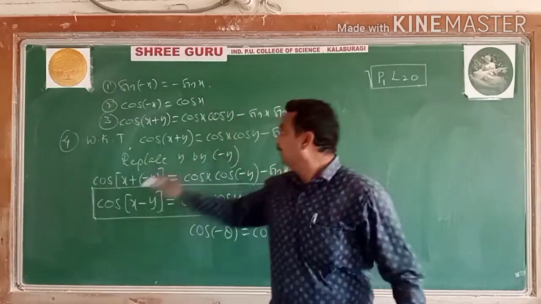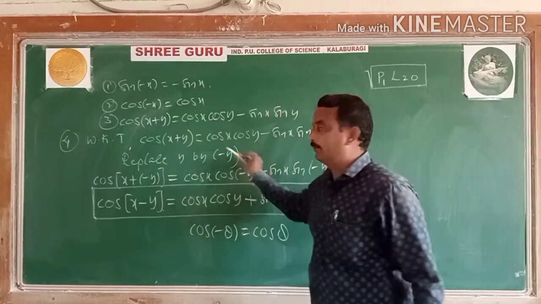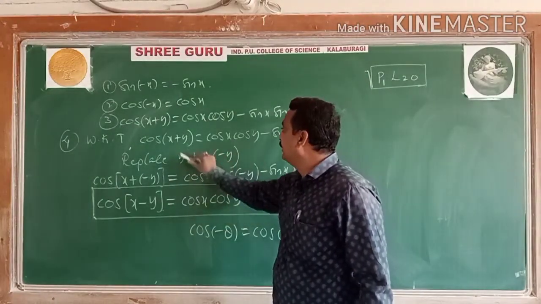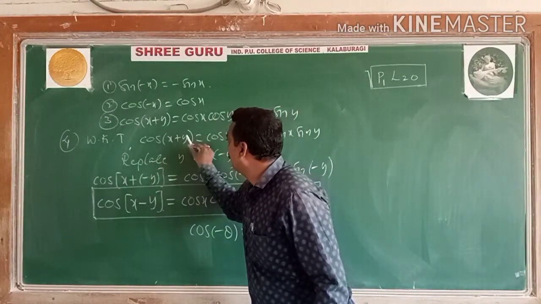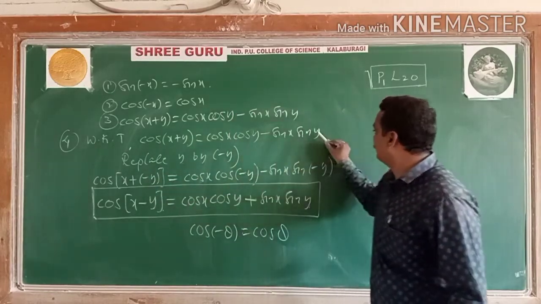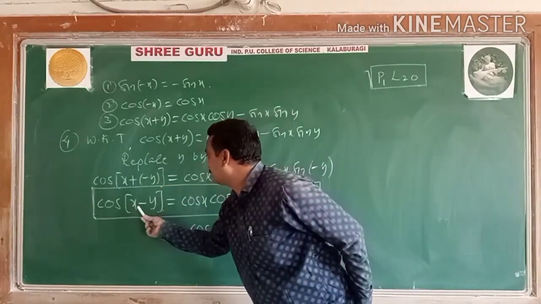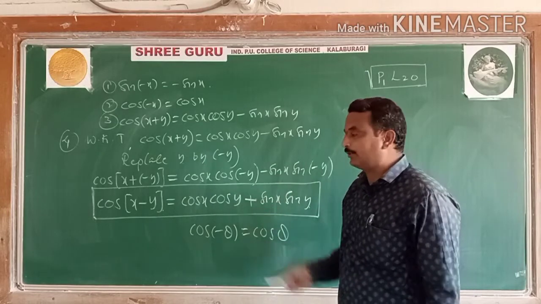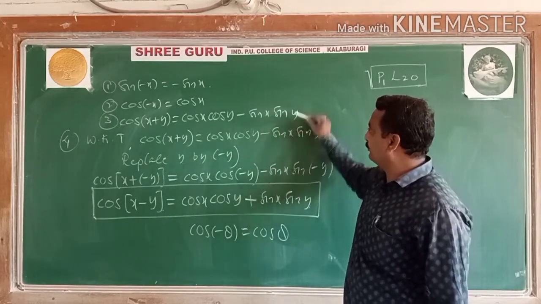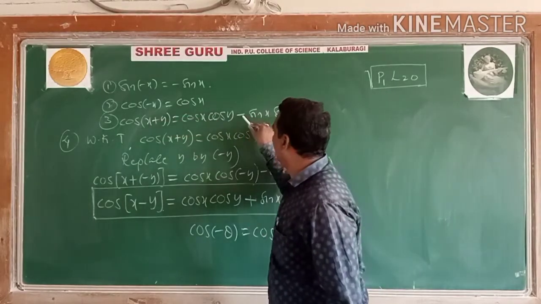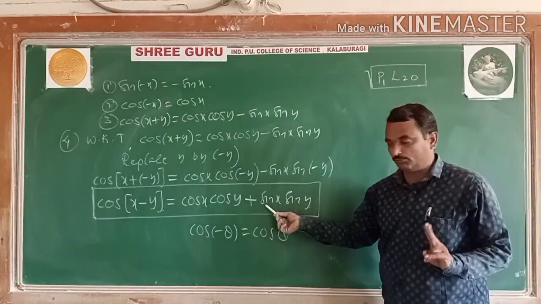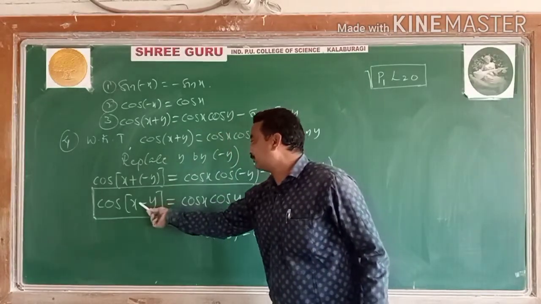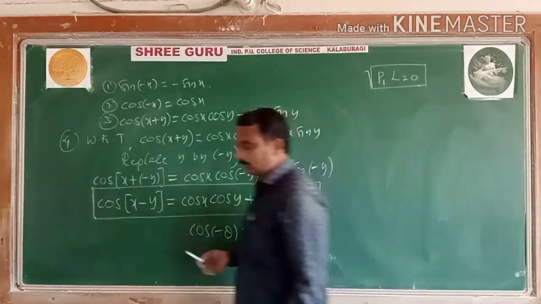See how you get this: replacing y by minus y, students. In the above result, whatever we have proved, we have replaced y by minus y. Then plus minus minus becomes cos of x minus y. Cos of minus theta is plus cos theta, sin of minus theta is minus sin theta, so this becomes plus. See what is the difference between these two results, friends? When it is plus, it is minus. When it is minus, it is plus. Remember these two things, opposite sides. Cos of x plus y, negative. Cos of x minus y, positive. These are the two results here.